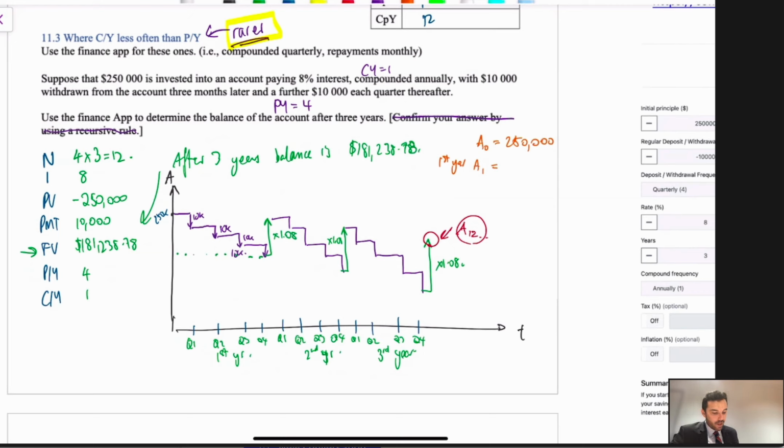So end of the first year, what's happening? You've got 250K, then you minus off the 40K you've taken out, that's minus 40K because there's 4 lots of 10K, then you times that answer by 1.08, or you're increasing it by 8%, that's the interest you're getting,